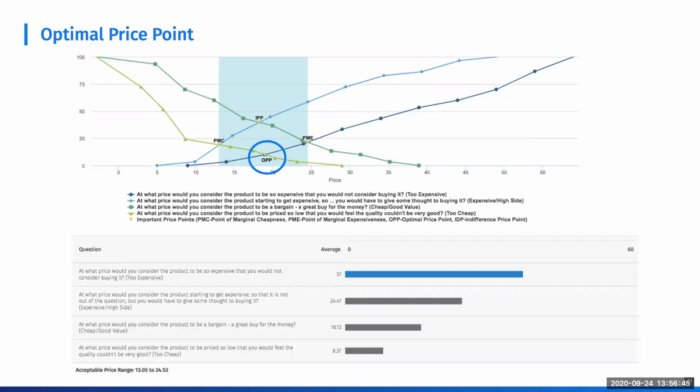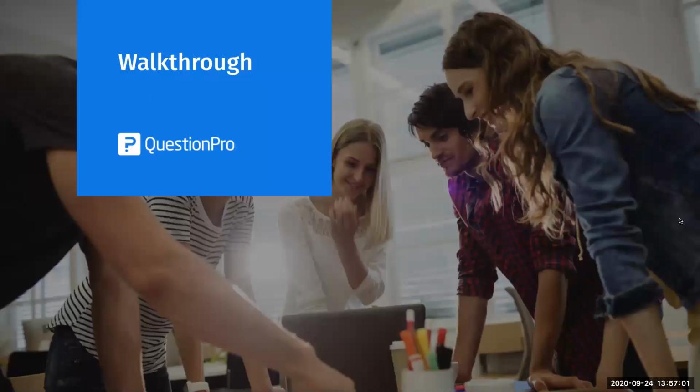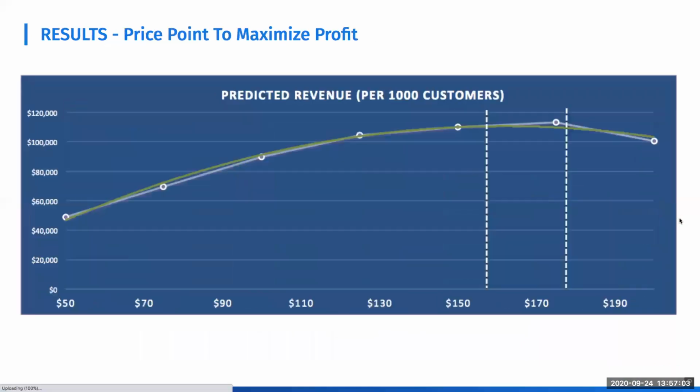the highest priority for a brand is return of investment, regardless of the number of people who are willing to purchase this product. You want to have it so that a majority of your respondents want to purchase this product, but a lot of it too depends on return of investment. And the thing about Gabor-Granger is, if you look at this chart and you wanted to promote, or you wanted